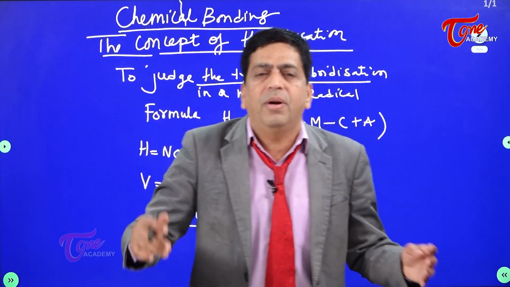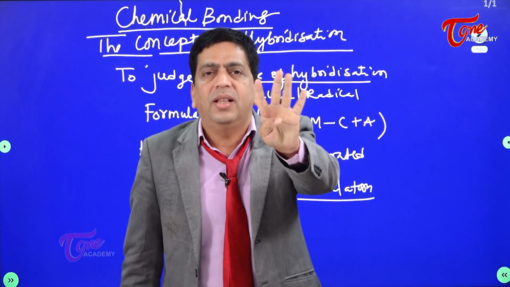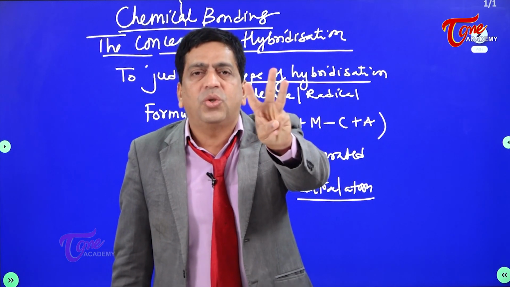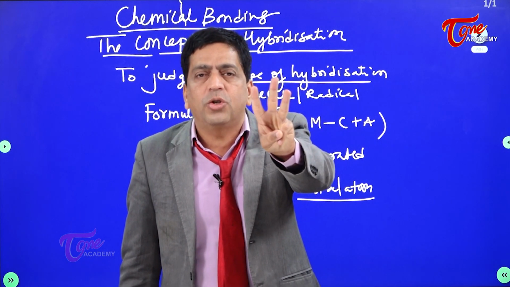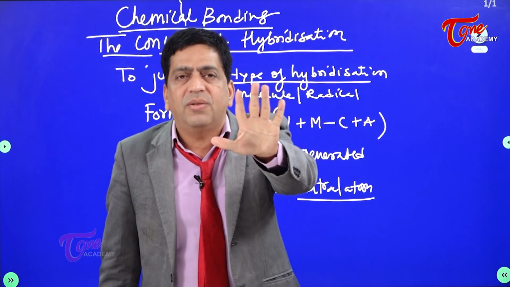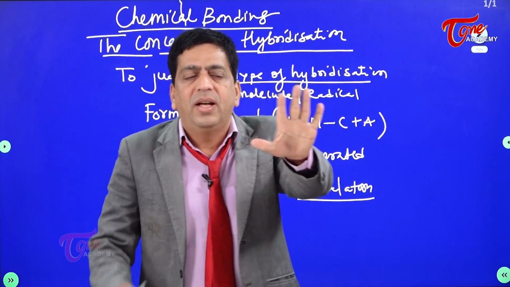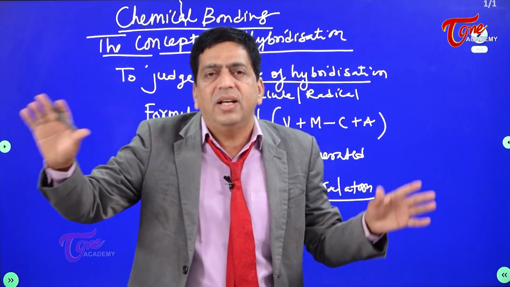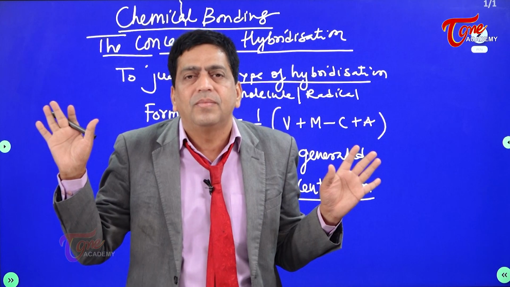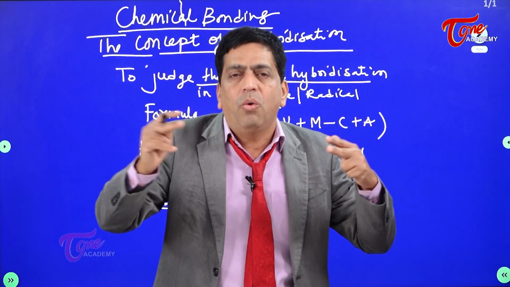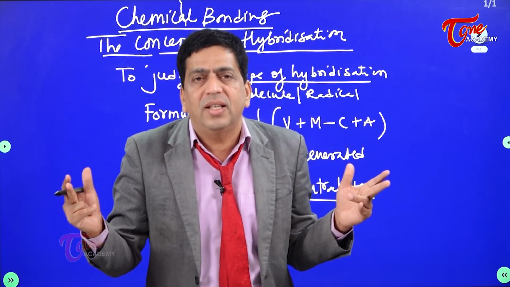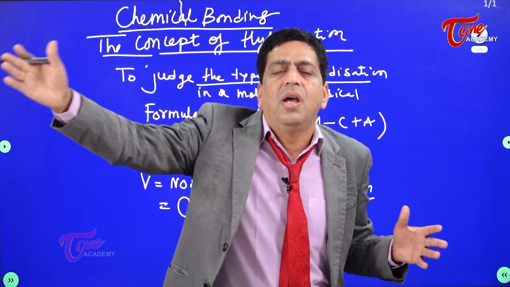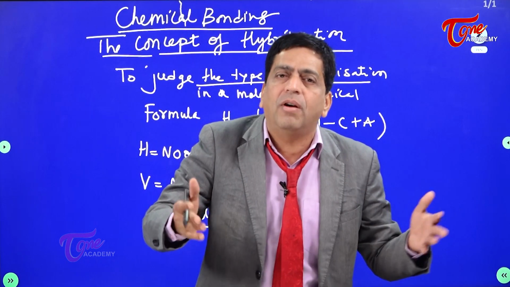For example, carbon has 4 electrons in the outermost shell, that is valence electrons, so it belongs to the 4th group. Boron has 3 electrons in the valence shell, so it belongs to the 3rd group. Nitrogen has 5, so it belongs to the 5th group. Oxygen has 6, it belongs to the 6th group. Halogens have 7, hence they belong to the 7th group. Either you should know the number of valence electrons present in the central atom, that is the number of outermost electrons, or at least you should know the group number of that central atom.